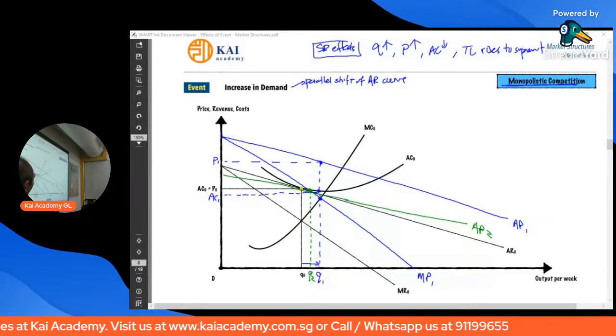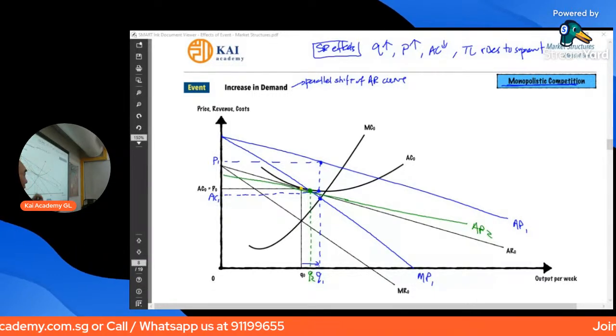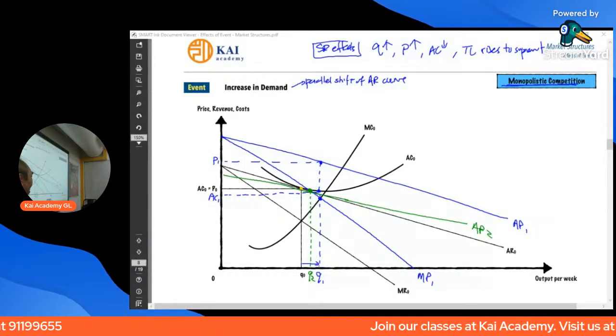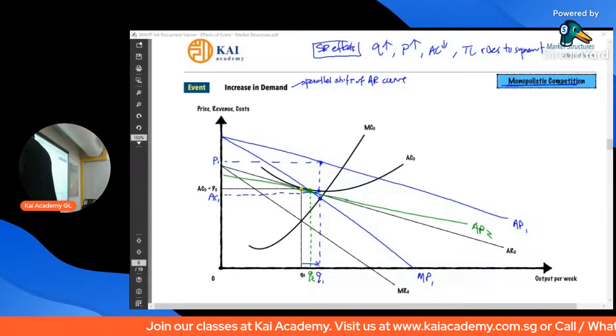Correct. AR1 and MR1, how much you move it also doesn't matter. Just that you don't make it so cramped, give it more space. Otherwise, the diagram looks all cramped up. All right, so the long run effect of this